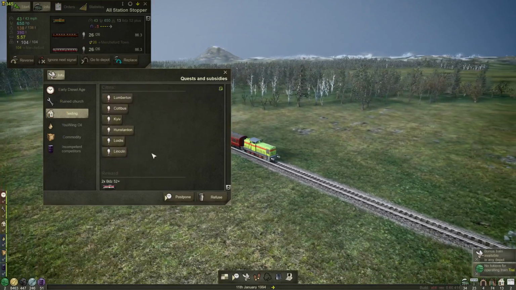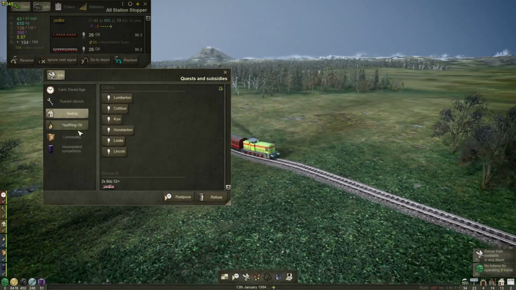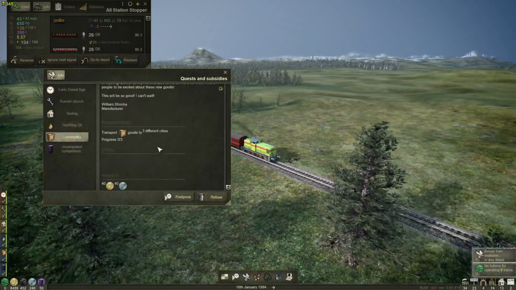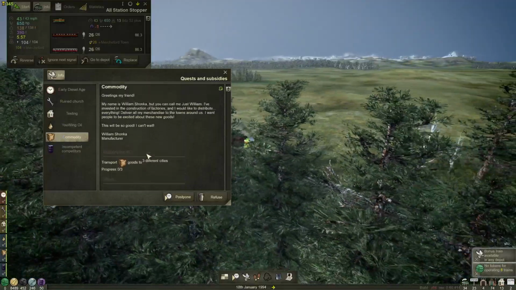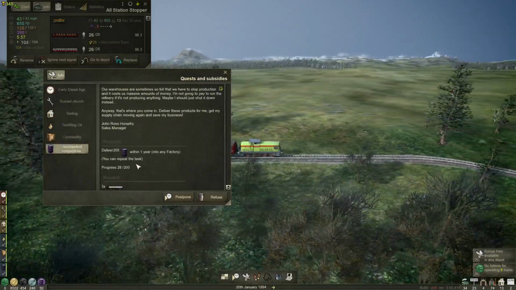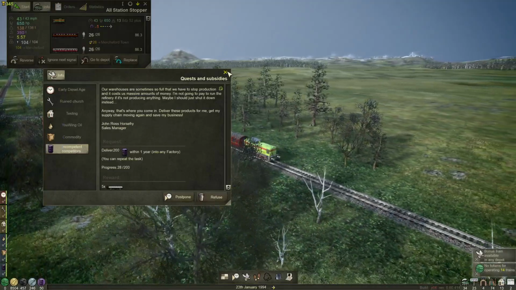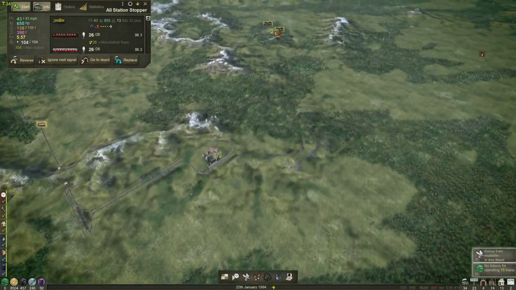So currently hit 6 stations. And hopefully soon we'll get a few more. Ewing oil. Transfer 100 barrels to any factory. Well, we're now working on that. Transport goods to 3 different cities. That's one we haven't looked at yet, but we can do. And then incompetent competitors. So we've got to deliver 200 barrels in a year to any factory. So that's not going to happen anytime soon. And the reason for that is